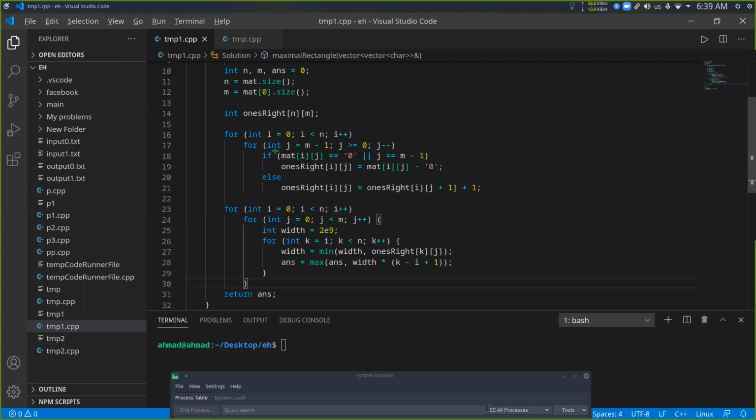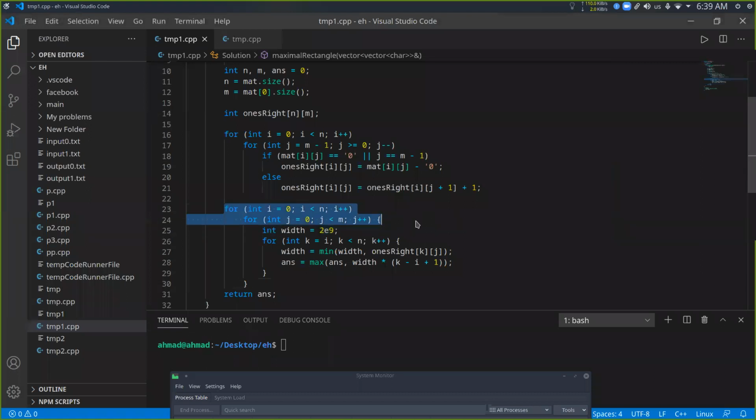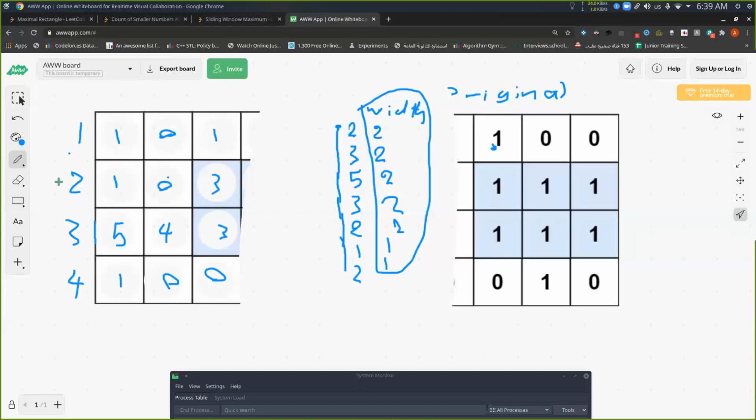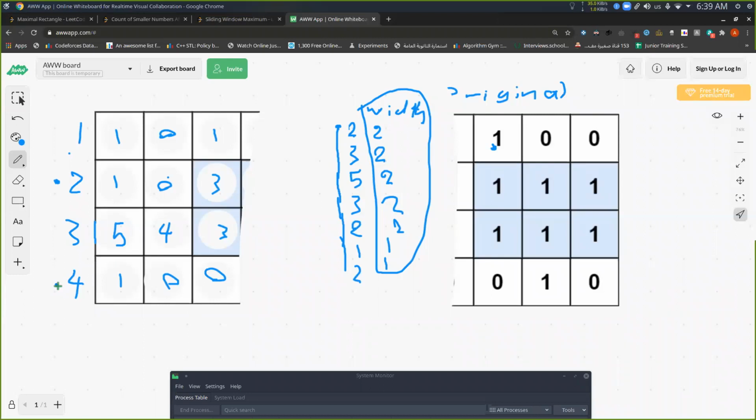So let's take an example here. These are the number of rows: row number 1, row number 2, row number 3, row number 4. If at my main loop I'm standing at cell number 2, and I went down with k to cell number 4, what should be the height? This height is 3, so this is 4 minus 2 plus 1